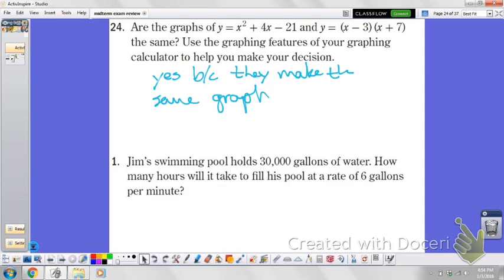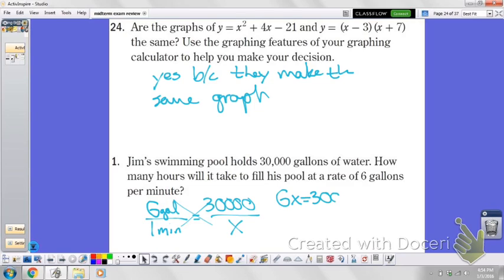Number 1, Jim's swimming pool holds 30,000 gallons of water. How many hours will it take to fill his pool at a rate of 6 gallons per minute? So we're filling up at 6 gallons per 1 minute. And we can set a proportion to see how long it's going to take us to get to 30,000 gallons. So over the amount of time. Cross multiply to solve that. You get 6x equals 30,000. Divide by 6. You get x is equal to